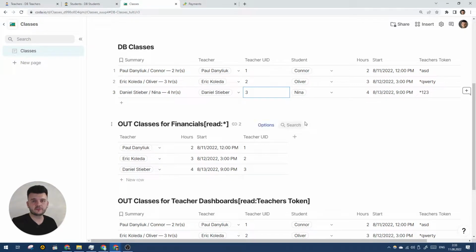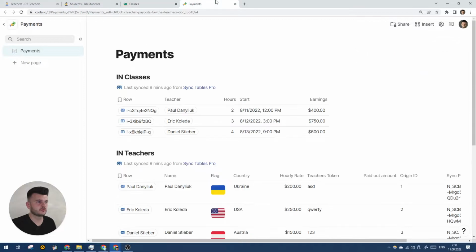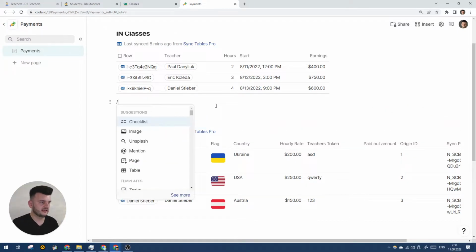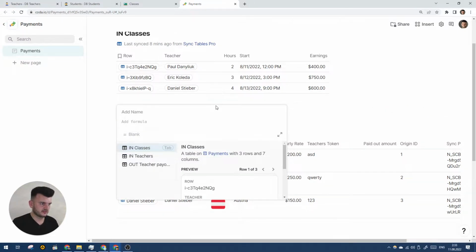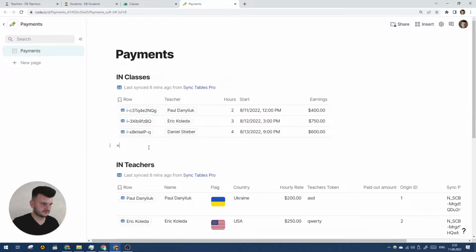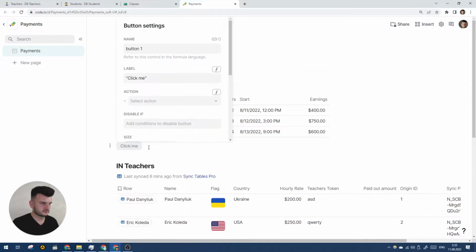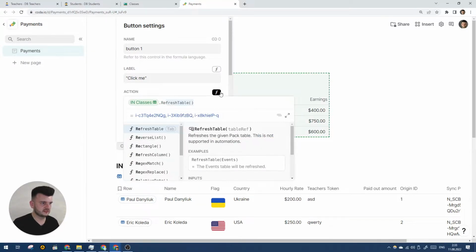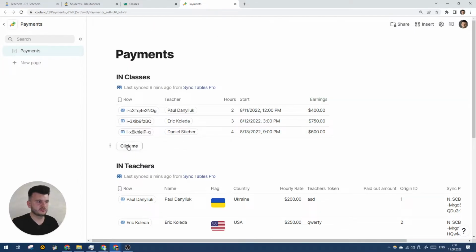Here is a quick interlude on refreshing data more granularly than you do through a regularly set up refresh mechanism or by clicking the refresh button. So first thing, you may know that Coda recently added a new action. Let's make a button that says refresh table. So you can take, for instance, classes, refresh table, and whenever you click on it,